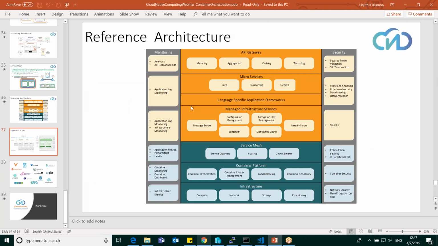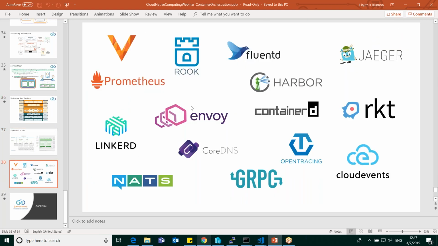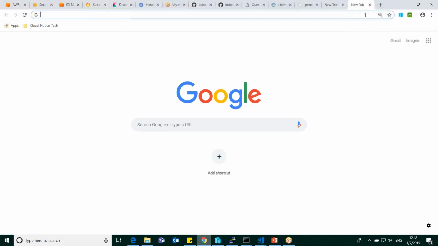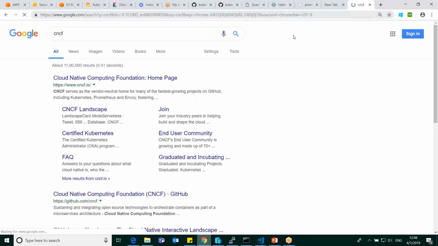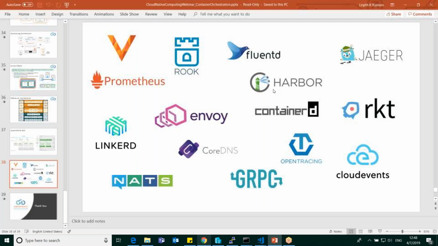And last but not least, I've just kept one slide to talk about some of the interesting projects happening within the Cloud Native Computing Foundation. So if you go to CNCF, there are a lot of projects which are graduated, and some adopted recently, etc. So this is some of them. I mean, not everything, but CNCF will be a good place where you can